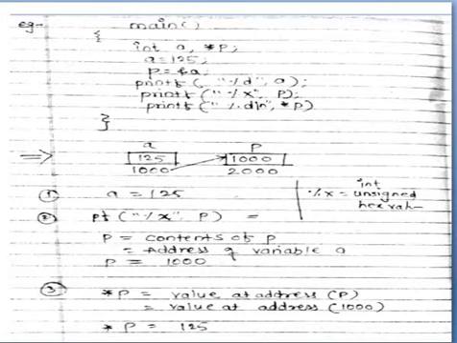The third printf statement asks to print percentage d star p. Star always represents value at address. The value of p is 1000. Therefore, we can read it as value at address 1000. So, along with diagrammatical notation, we can say that the value at address 1000 is nothing but 125. Therefore, the third printf statement gives us the result 125.